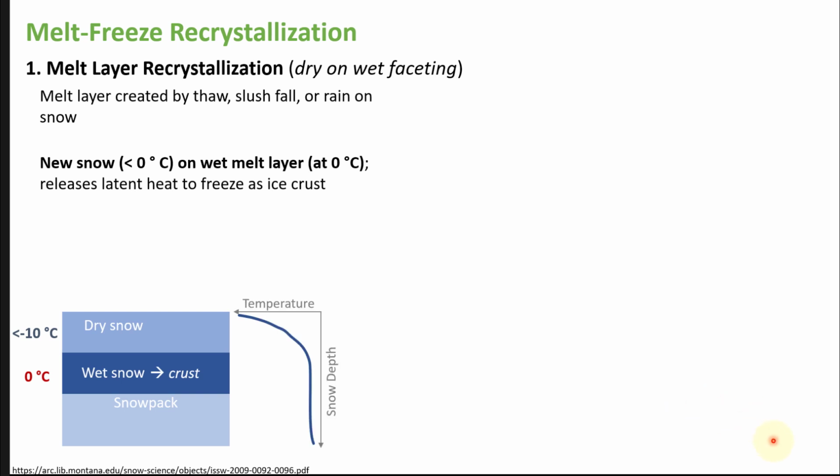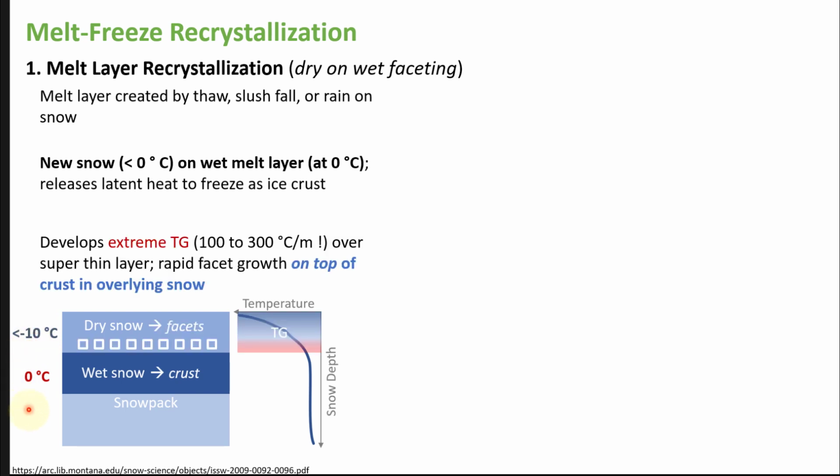Depending on the thickness of that new snow layer, what you've essentially established is a temperature gradient, because you have 0 degree snow right at the moment that it freezes, and then you have much colder dry snow on the surface. You can have fairly large or extreme temperature gradients established across the top layer of that new snow layer. In some cases, that temperature gradient can be anywhere from 100 to 300 degrees C per meter,